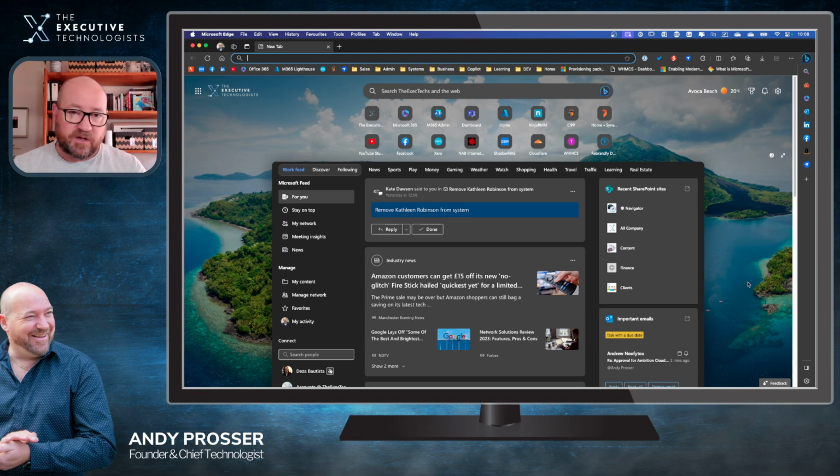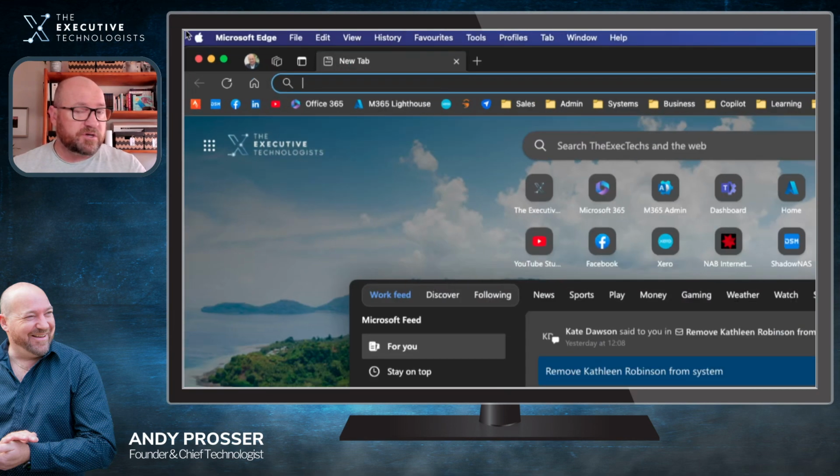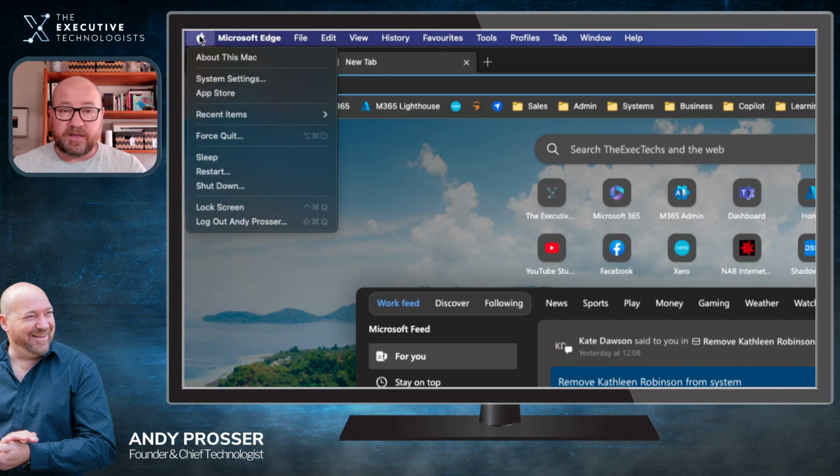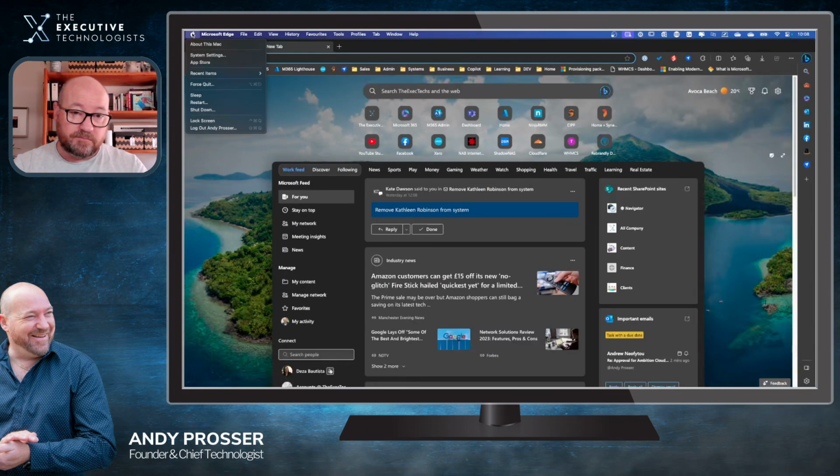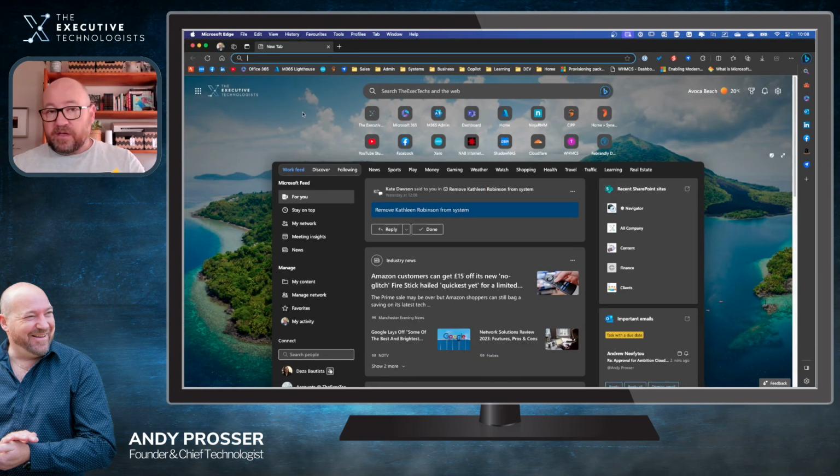This is my default browser. Now, for eagle-eyed watchers, you'll see that I'm also a Mac user, right? Yes, I'm one of those weird people that loves Microsoft and Apple. Now, why do I choose to use Edge if I'm using an Apple product? Well, I don't like Safari. It's not a great browser. So it's either Chrome or Microsoft Edge. They're both built on the same technology. There's some differences though. One of the key differences is the default search engine and